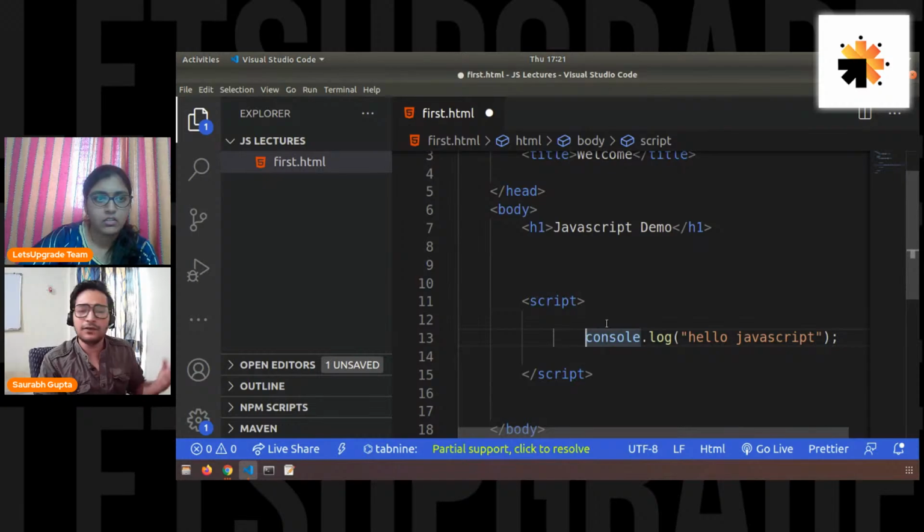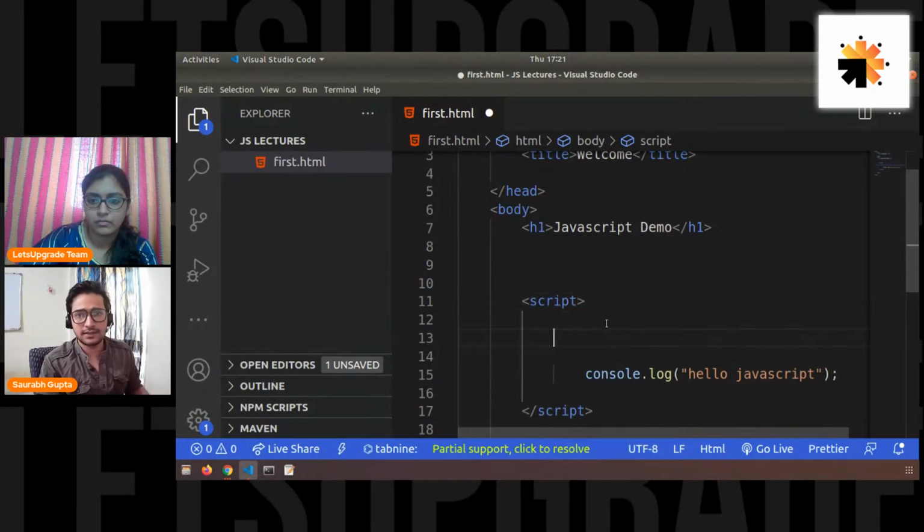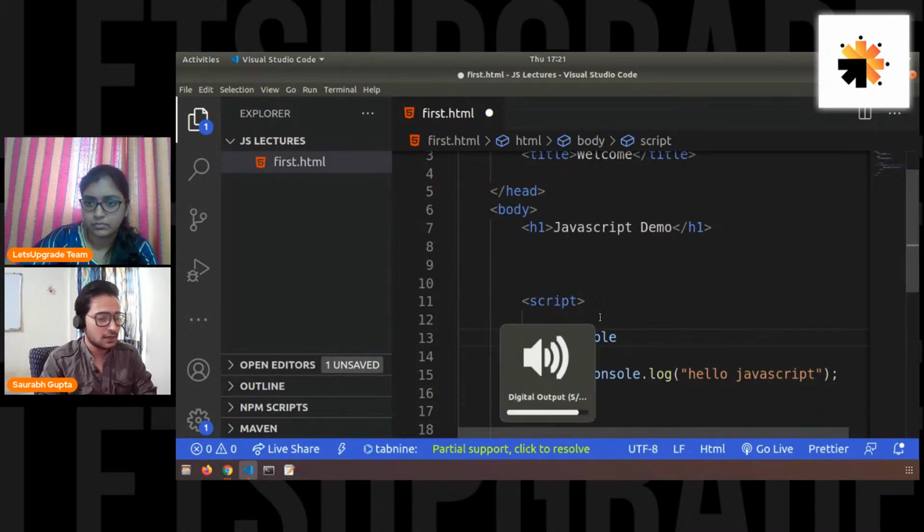Now let's move ahead. So now we know how to print, right? The next thing that we learn in any programming language is something called a variable. That is a very, very important concept, right? Variable is a very, very important concept. Now,